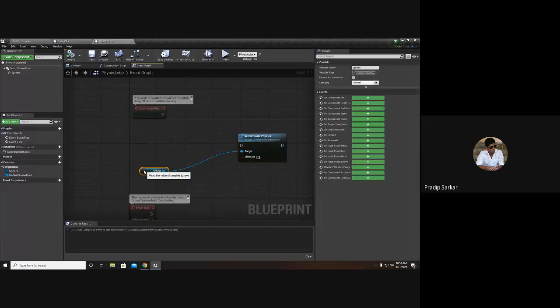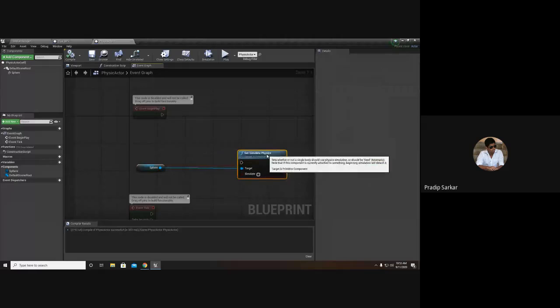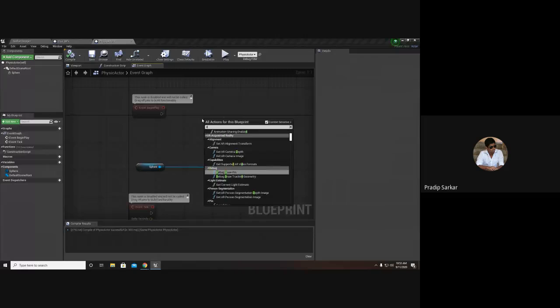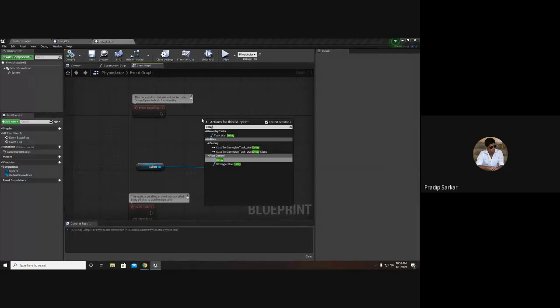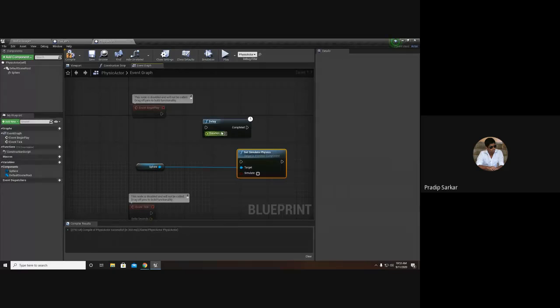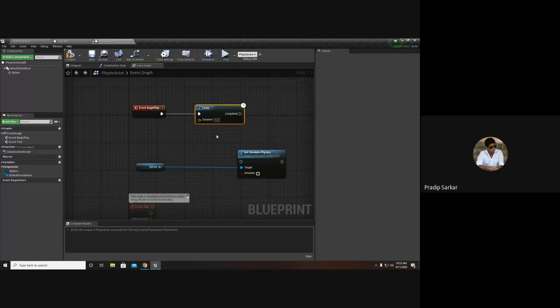now to give a pause time or a delay, there is something called a delay node. Now, whenever I start the game, the first event, event begin play, from event begin play, I will drag it to the delay.